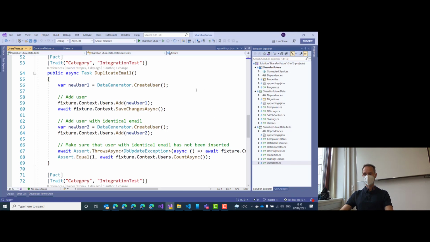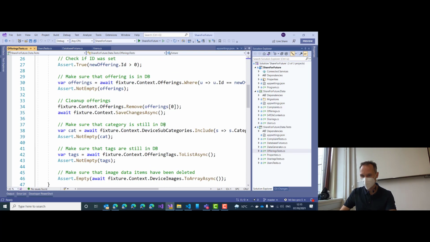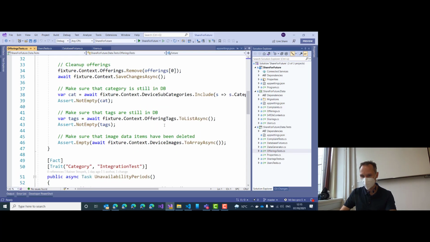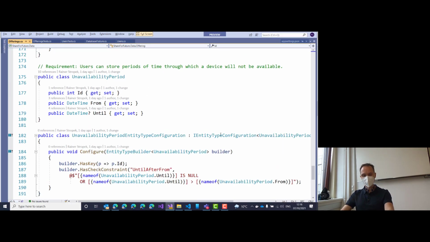Good. I have one last thing that I would like to point out, because everything else is just the same thing over and over again for a larger data model. But there is one thing that I would like to describe. Let me see. Please remember,